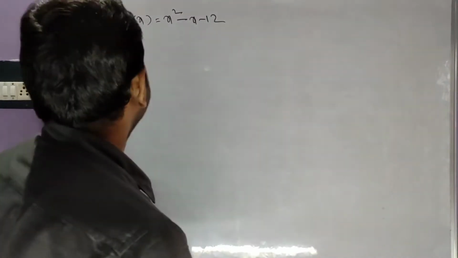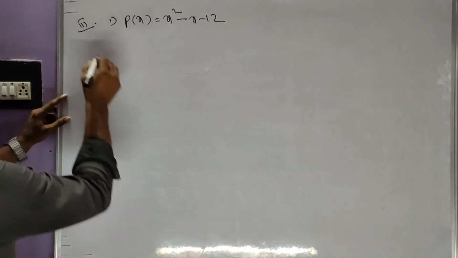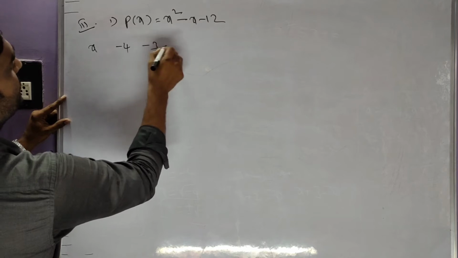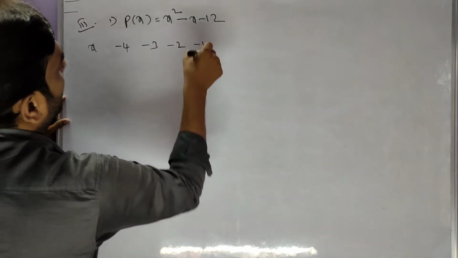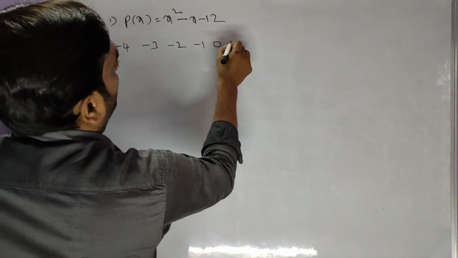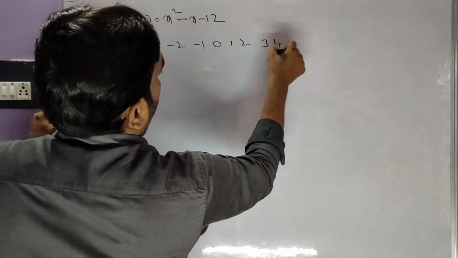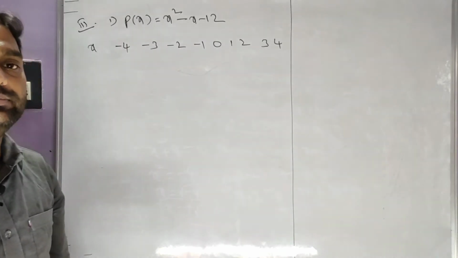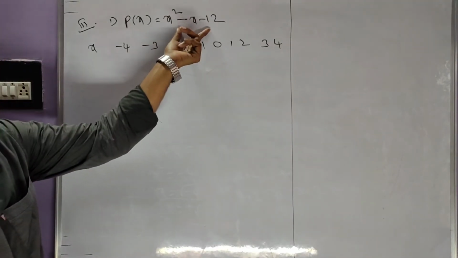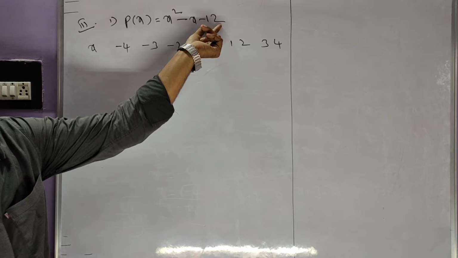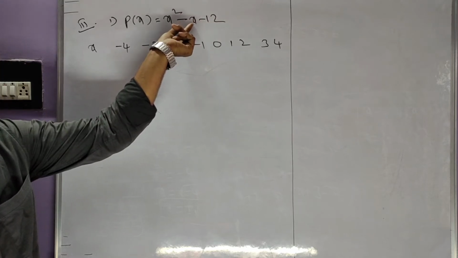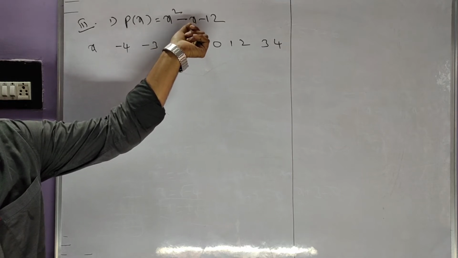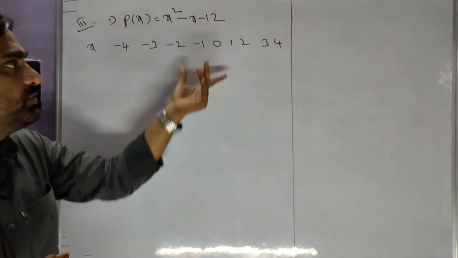Listen, here we have to take x values from minus 4 to plus 4. Is it compulsory to take minus 4 to plus 4? No, it depends upon the zeros. Here the given constant number is 12 and the given middle term is minus 1. If you factorize, 4 threes are 12 and minus 4 plus 3 is minus 1. So between minus 4 and 3, I took it here like this.